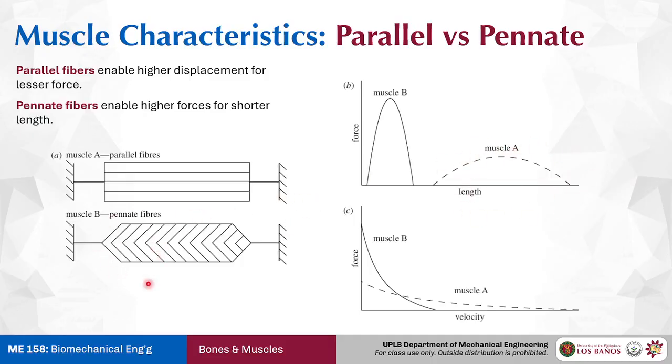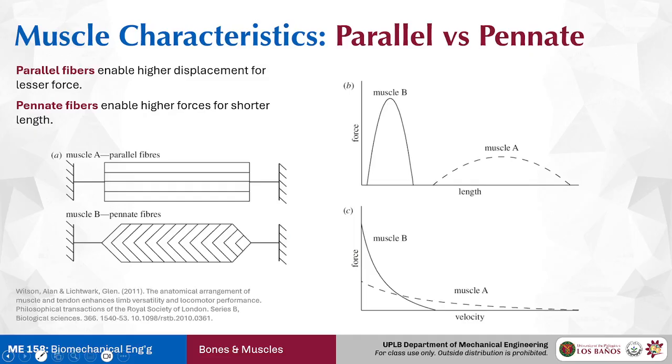Now, for the pennate fibers or the pennate muscles, they have the opposite trade-off. They can't really contract all that much because the muscle fibers are oriented not in the same direction as the tendon, so there's going to be some limit to the contraction. But they can transmit a lot more force. They have a higher peak force in the force length relationship, and they also have a higher isometric force in the force velocity relationship. So pennate fibers tend to be much stronger, while parallel fibers tend to allow for more elasticity in the shape and the dimensions.